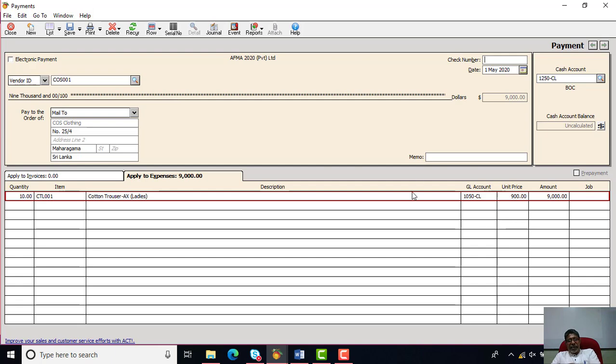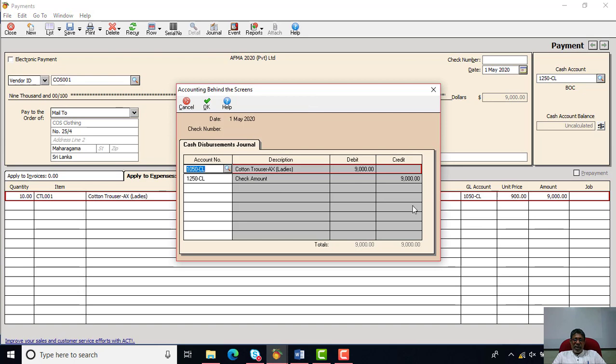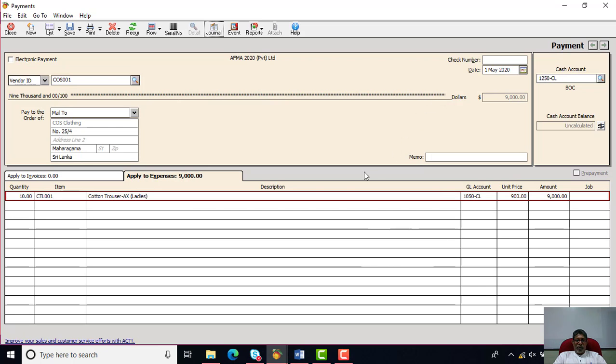Once you save this, it is going like a cash purchase. Now in the case of a cash purchase, you can look at the journal entry and how it works. That will be debiting the appropriate stock account and directly crediting the cash or the bank account. So it's ignoring the supplier and making the straight payment to the supplier, so no recording in the supplier's ledger. So you can see how cash payments are made if you purchase something on a cash basis.